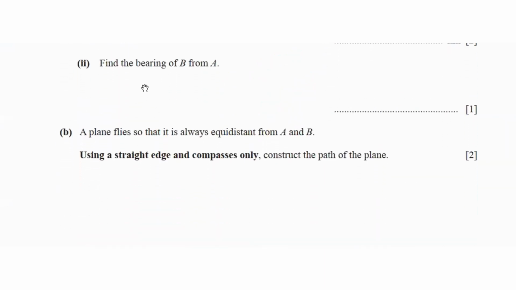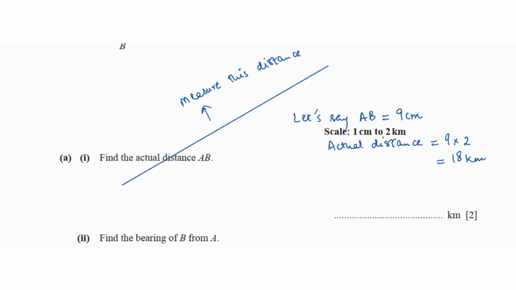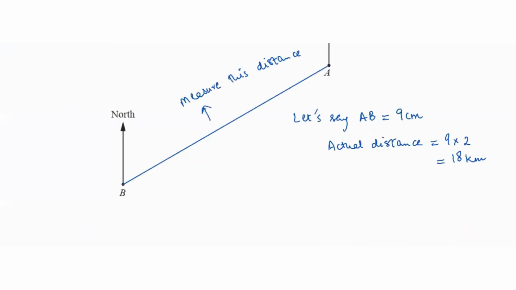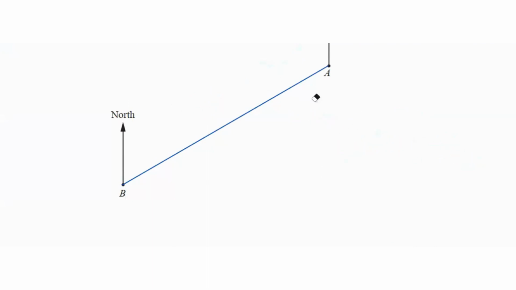Then it says find the bearing of B from A. So to find the bearing of B from A, this is the angle that we need to find. For that, what you can do is, I'm going to use a different color. We will measure the angle that's present over here,